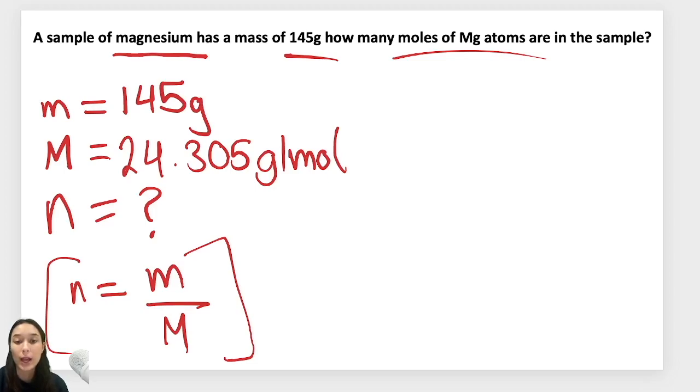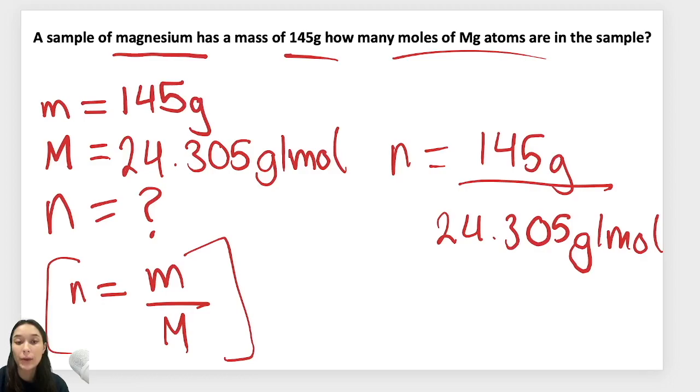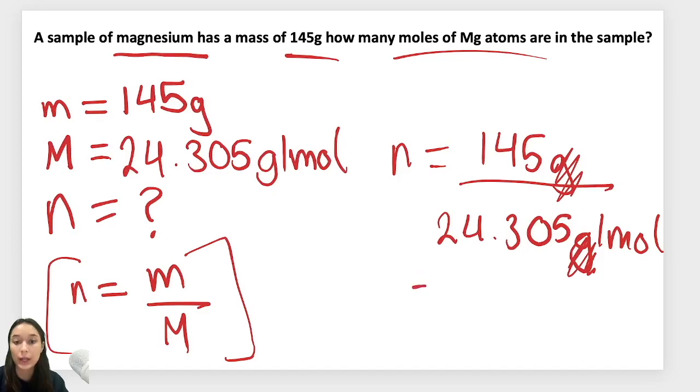So then we just plug our numbers in. We see that we have n equals 145 grams over 24.305 grams per mole. And by making sure that you have the right units, it also is going to ensure that you are going to get the right answer. We can see that we have grams over grams per mole. Because we have grams over grams, these are going to cancel out, because they're on top of each other, and then you're just going to be left with moles, which is going to be our unit that we're solving for. So we know that this is going to be correct, and then if we just calculate this, which you can just plug into your calculator, you would get